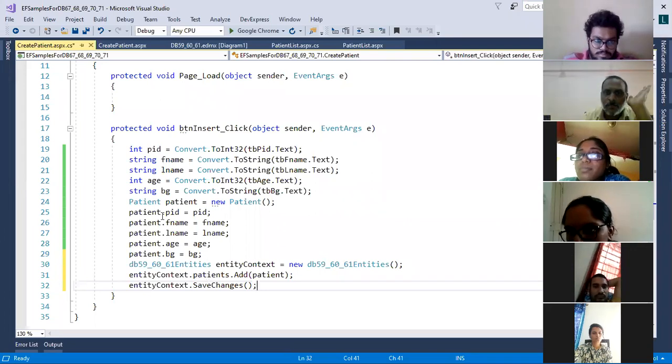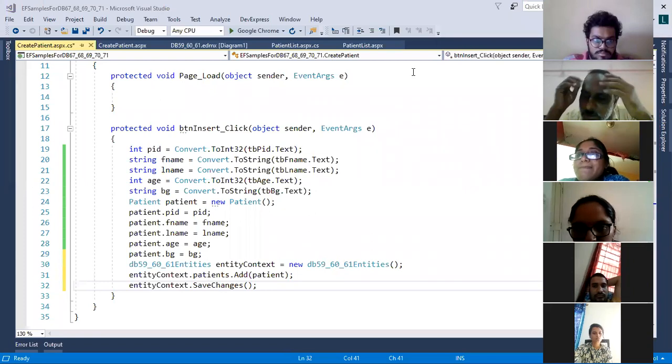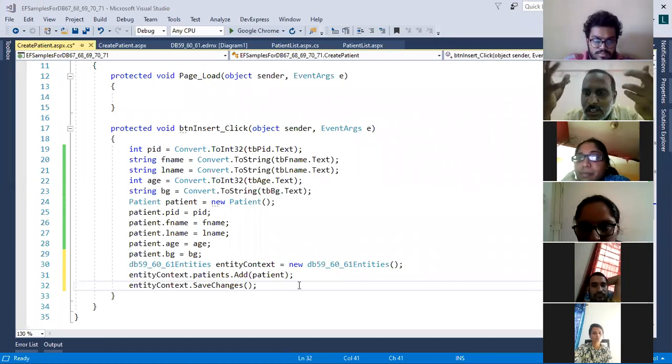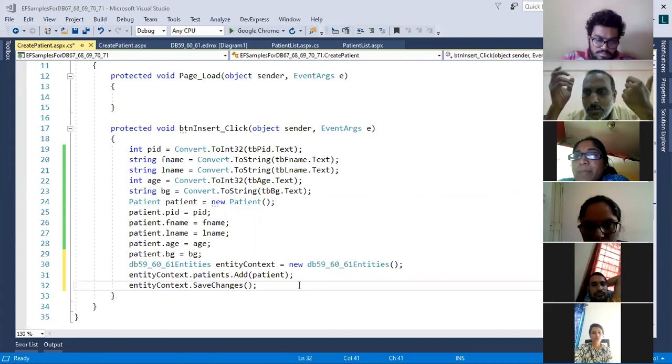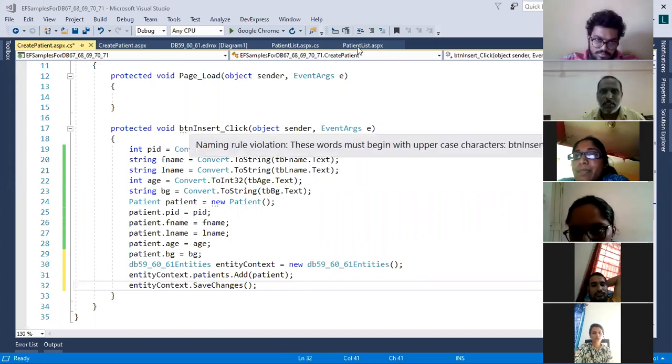Now, once the data is changed, what do you need to do? You should know whether the data has really changed or not. How will you know? You could ask your end user to write select star from in the database, but end users will not know that. So what will you do? You have to redirect the users to the first page, the patient list page.